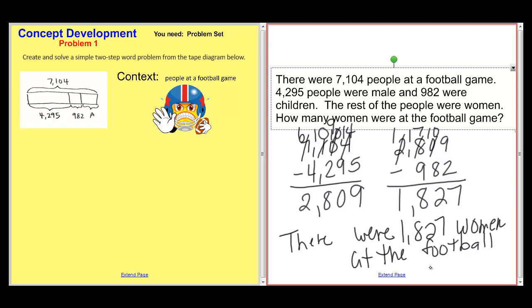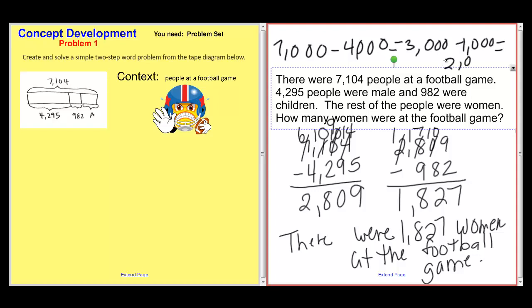I could stop there, but I want you to make sure that I did this correctly, so I'm going to do a little bit of estimation. If there were about 7,000 people at the game, and about 4,000 of those were men, that leaves 3,000 people. About 1,000 were children, that leaves 2,000 people. So when I get 2,000 when I estimate and my actual answer is 1,820, I know that my answer is